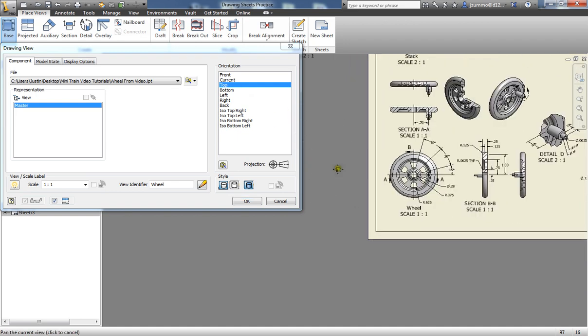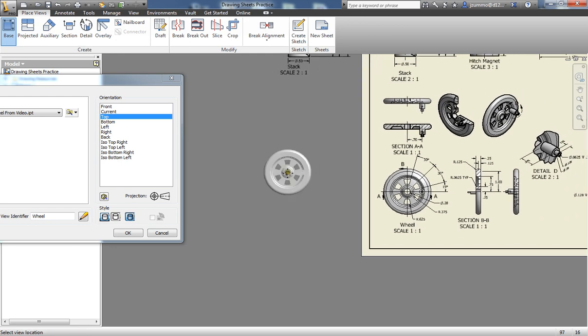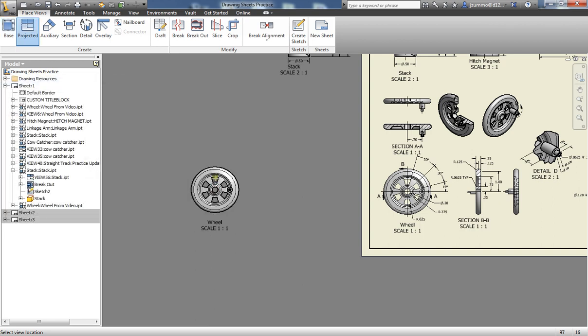Top view. So if you created your part just like how I did in the video tutorial, you should be able to select on top orientation to get this kind of view here. If that's not so, again, go ahead to change view orientation and set yourself up with a nice custom view. So for starters here, I'm going to left click one time, place the front view, bring my cursor up and left click a second time to place the top view, a third time in this direction for that side view, and